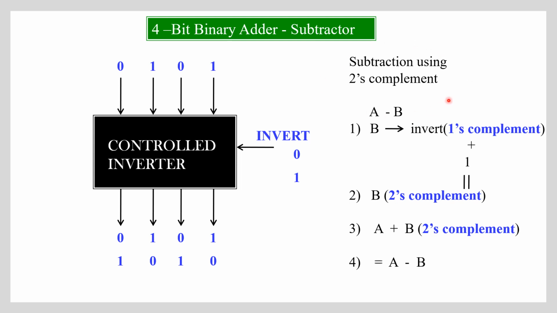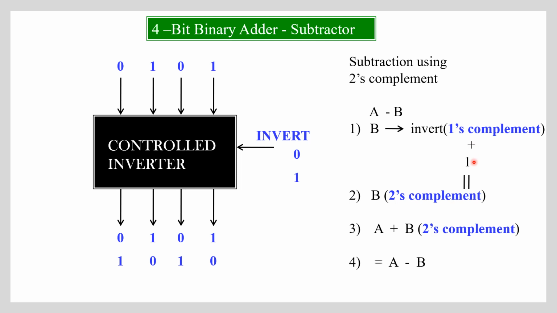There are two methods, by using 1's complement and by using 2's complement we can perform the subtraction. So here we have two binary numbers A and B, and we are subtracting A minus B. We see how to do it by using 2's complement. First we invert the number B, that is invert means 1's complement. We convert the binary number's zeros to 1 and 1s to 0. So we take the 1's complement of the number.